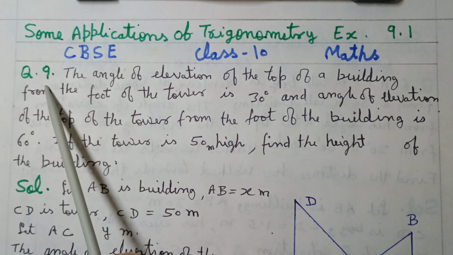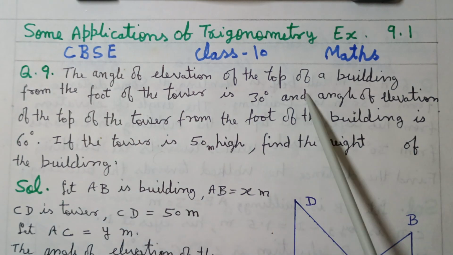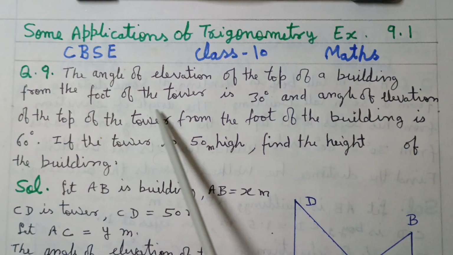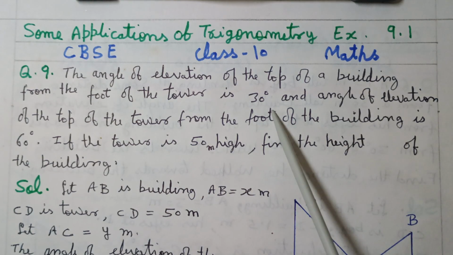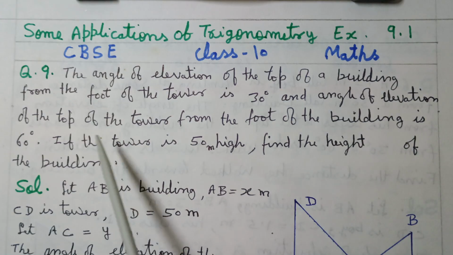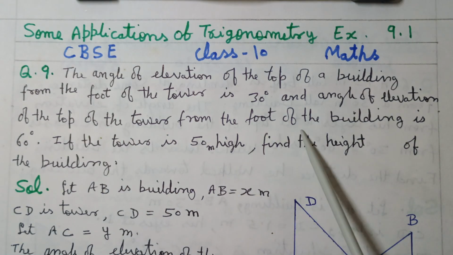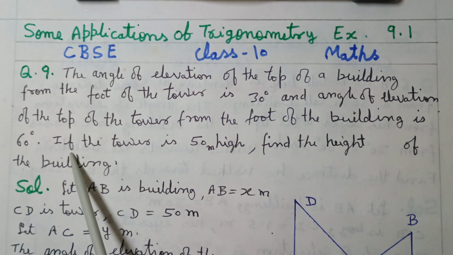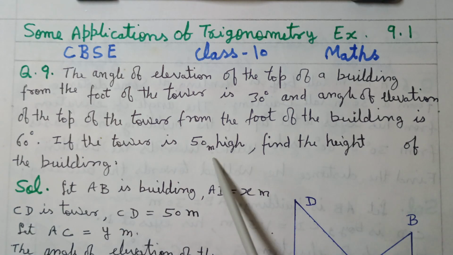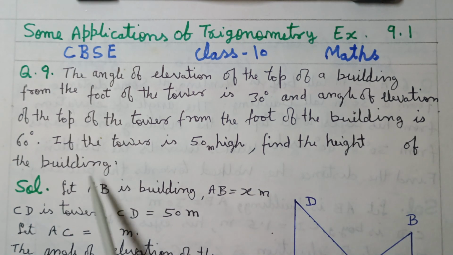So, question number 9. The angle of elevation of the top of a building from the foot of the tower is 30 degree, and the angle of elevation of the top of the tower from the foot of the building is 60 degree. If the tower is 50 meter high, find the height of the building. Solution: